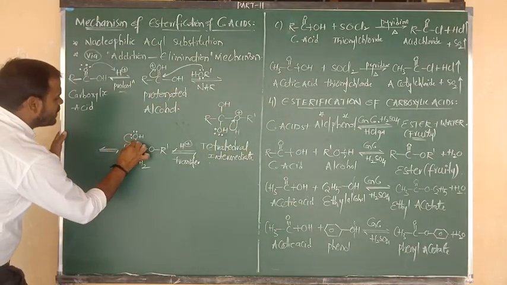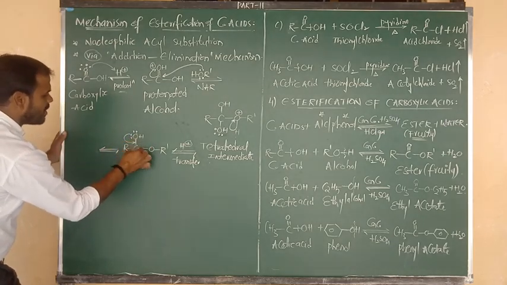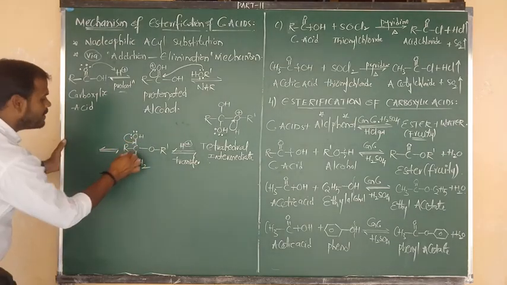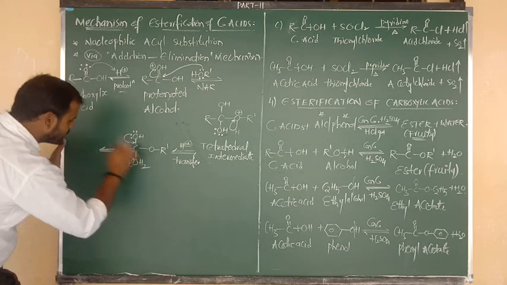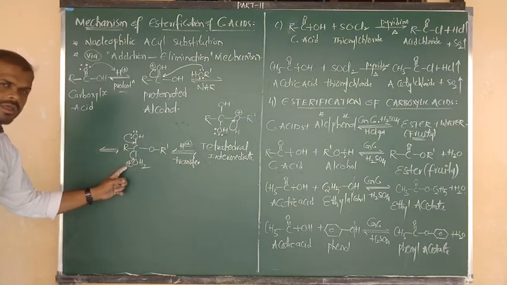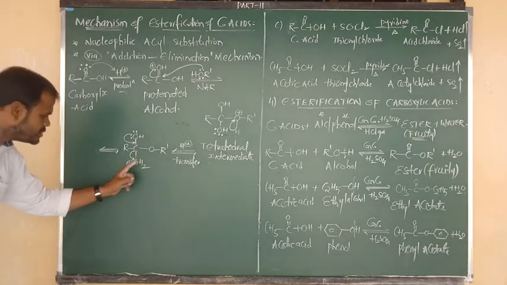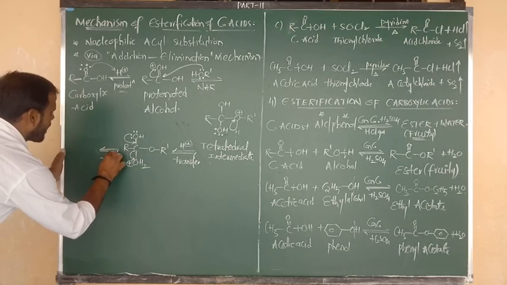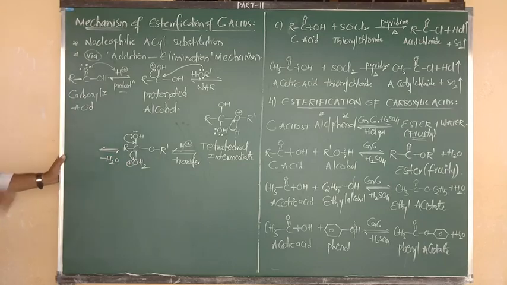So oxygen contains here 2 lone pairs. By using one of the lone pairs, I am going to delocalize between oxygen and carbon. At the same time, from the below plane, we can remove the H2O group. By accepting this bond, the positive charge will become neutral. You are getting the elimination product H2O. In that way, we can remove the water molecule.